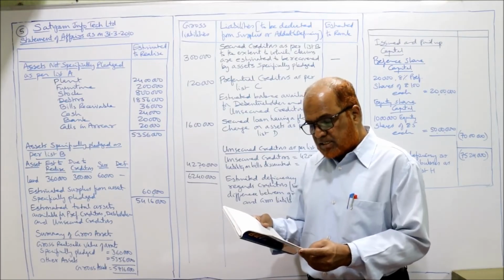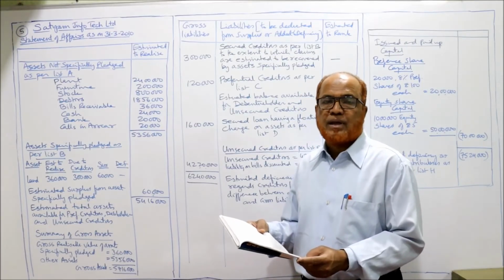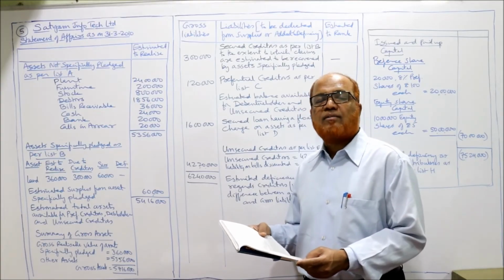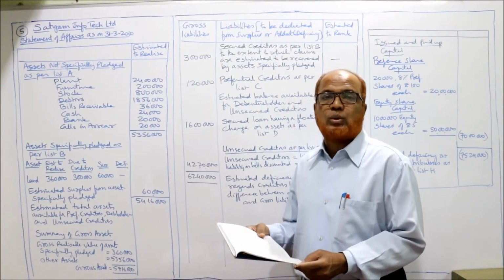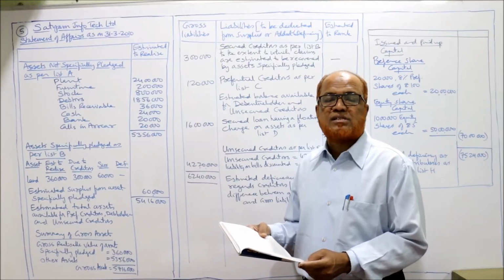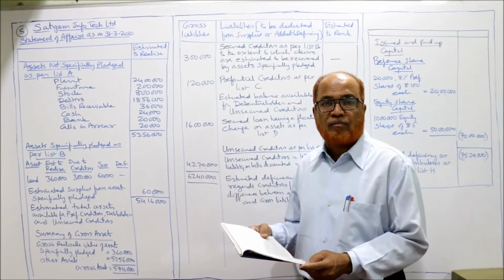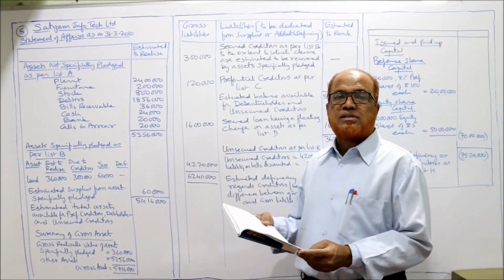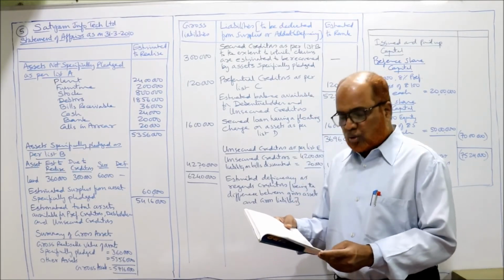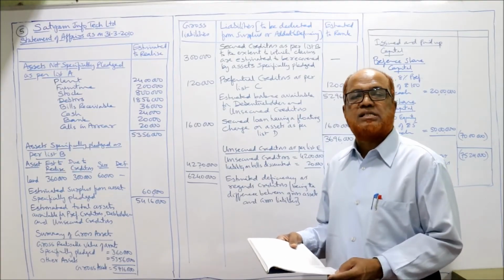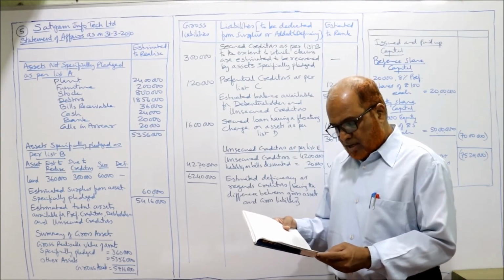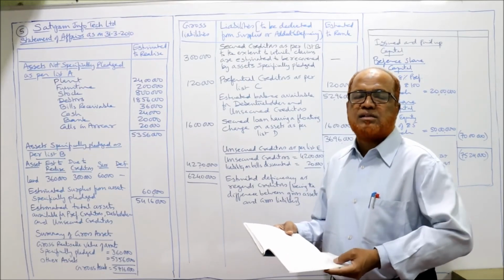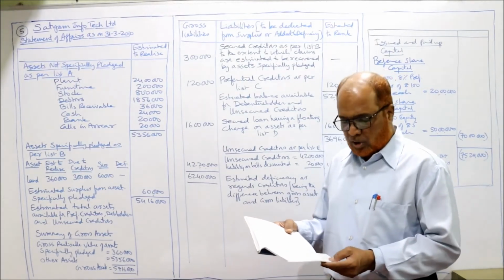So good debtors are 16 lakh 56,000. And doubtful but realizable is 2 lakh. So 16 lakh 56,000 plus 2 lakh, 18 lakh 56,000 is the total realizable value of debtors. Bills receivable are 40,000. 90% are expected to realize. So 90% of 40,000, 36,000 is the bills receivable. Advances considered bad. When loans are given and it is considered bad, so we should not take.